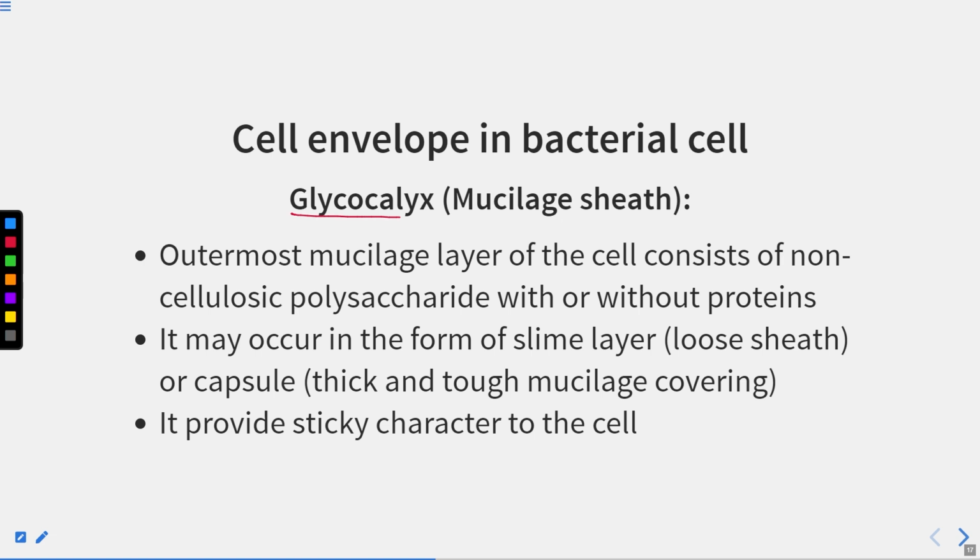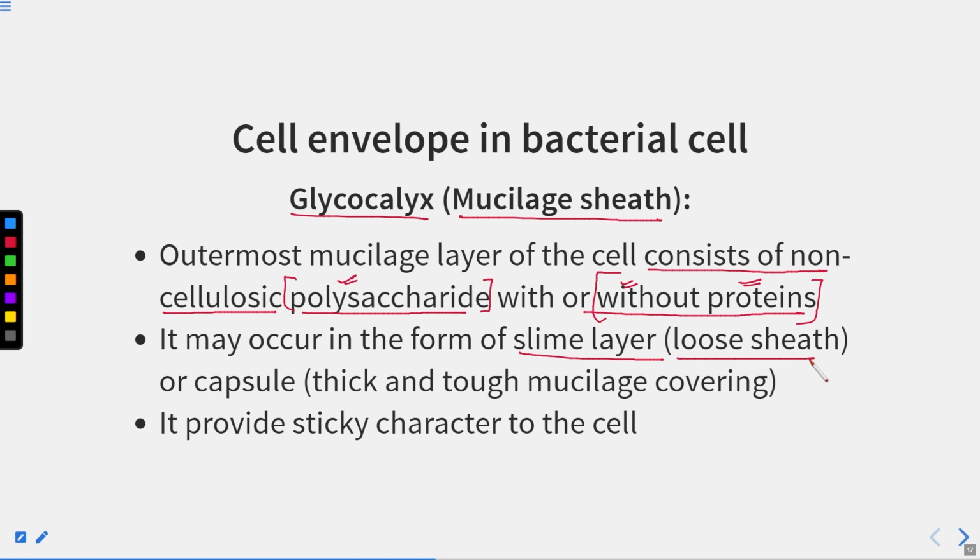This glycocalyx is also called the mucilage sheath. The outermost mucilage layer of the cell consists of non-cellulosic polysaccharide with or without protein. Non-cellulosic polysaccharide means they do not contain any cellulose, right? But they have the polysaccharide, and without any protein. It may occur in the form of a slime layer, a loose sheath-like structure, and this slime layer provides